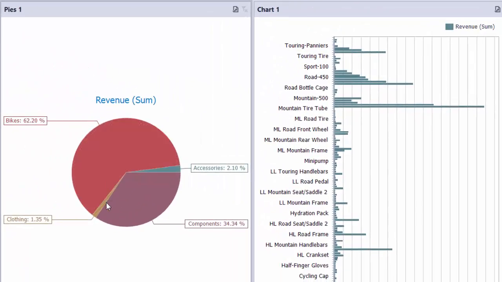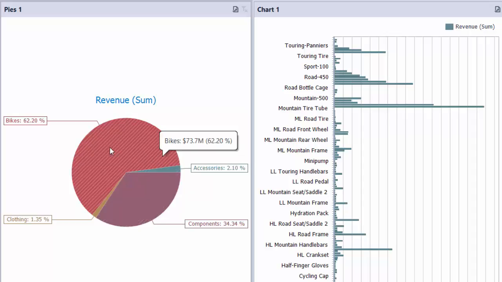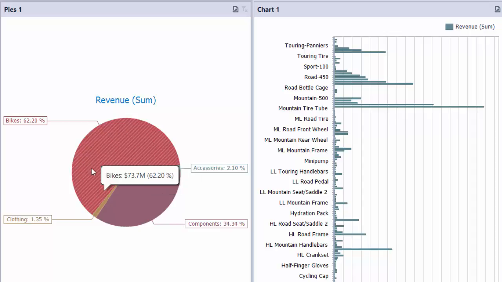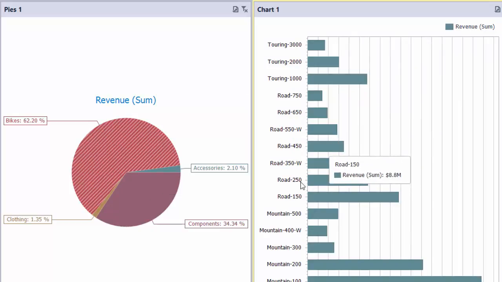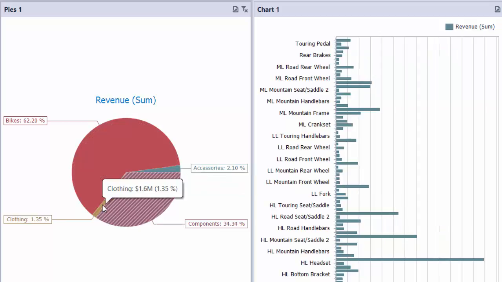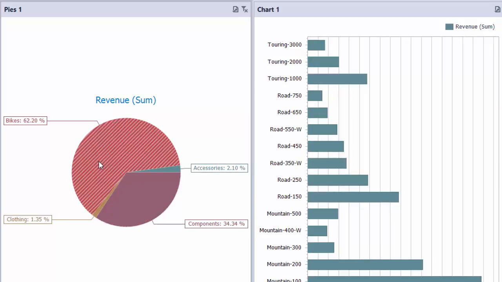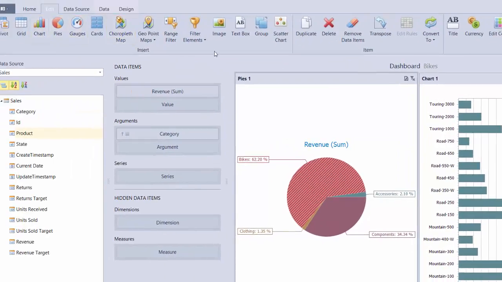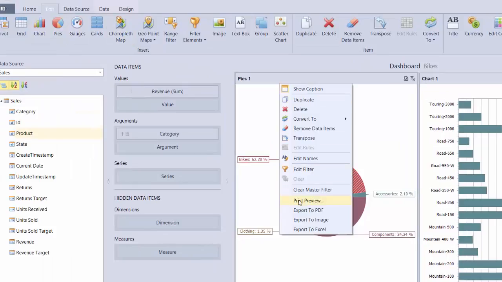Now you can see that the pie chart is highlighted based on the individual sections. So if we click on a section, the chart changes. It brings up all the products for that particular section. Now we can also do this with the normal chart. If we were to remove this